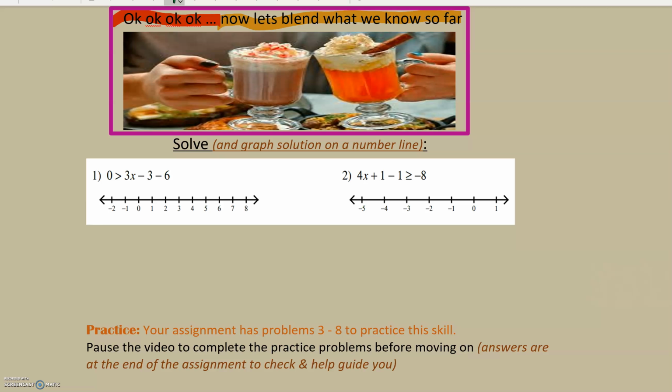Okay, so now we're going to blend everything that we have learned so far together. Plus, we're going to use what we already know in order to make this happen. So you're going to see this scary word that is your only direction ever, and it just says solve. And I always feel that that's like the hardest direction because you just don't know what they're asking for. They just say solve, and you're like, solve for what? What am I doing? But in reality, you're just going to solve for whatever variable is there. And then in inequalities, you always have to graph that solution on a number line. So we're going to do this first one together, and then I'll have